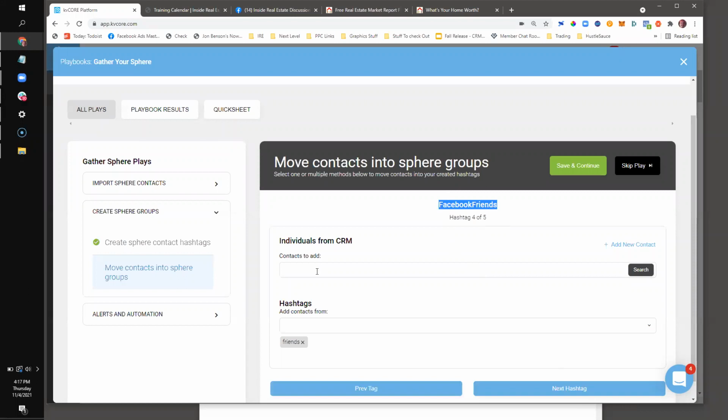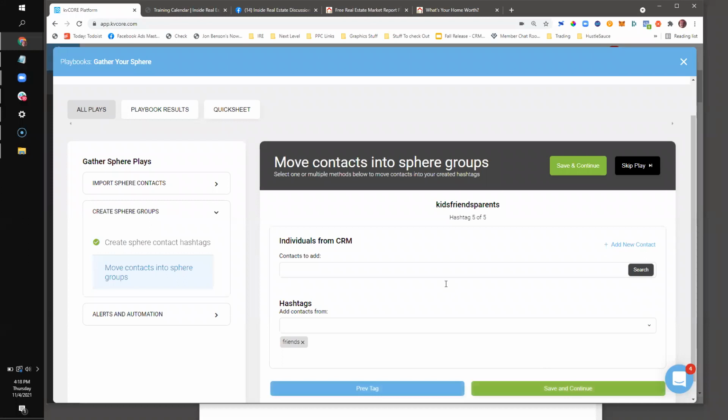You might go and look at all your friends list in Facebook and pull them all in. And actually, Christian, I think it would be kind of cool. I'm going to make a note for the product team. It'd be cool if they directly linked here so I can just go to my friends list right now in another window. That'd be pretty sweet, because I'm pretty sure there is a link for that in Facebook.